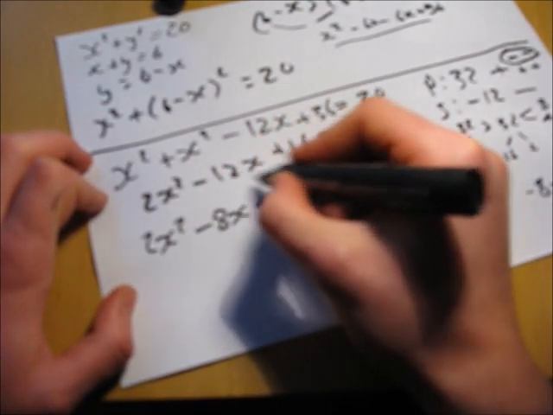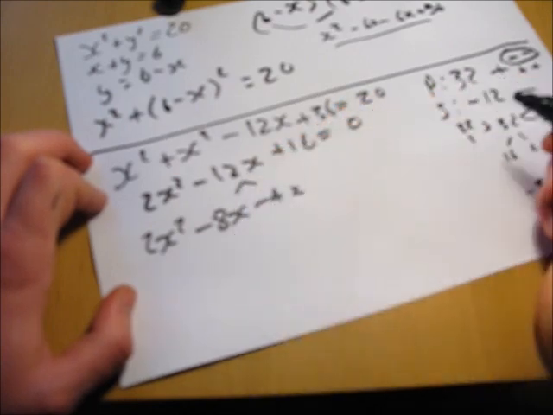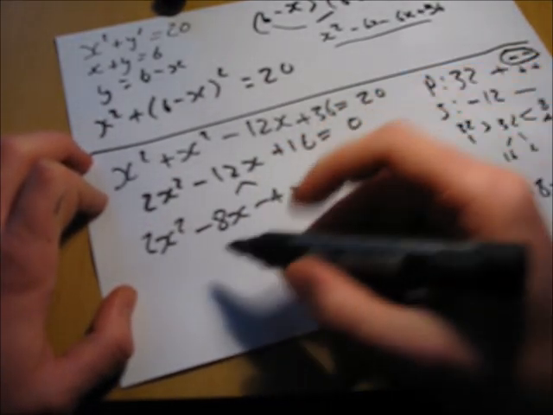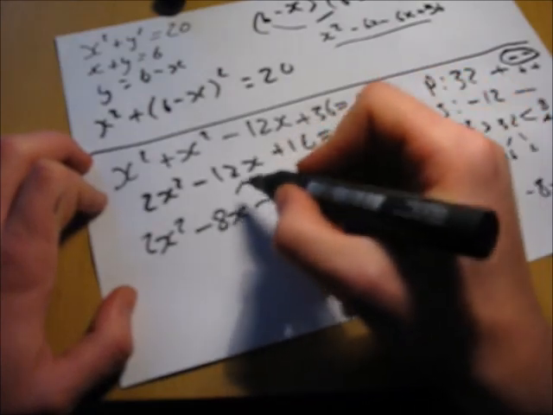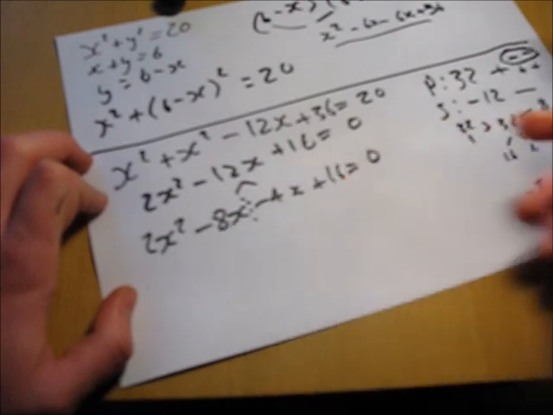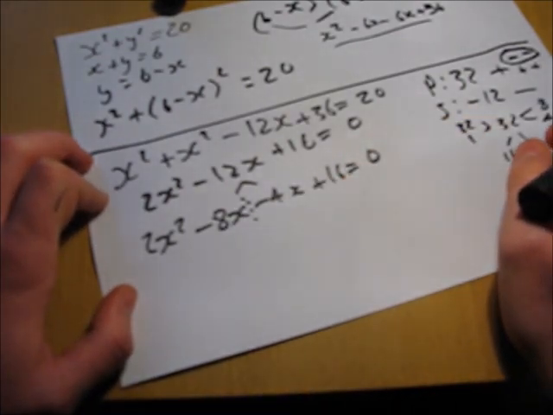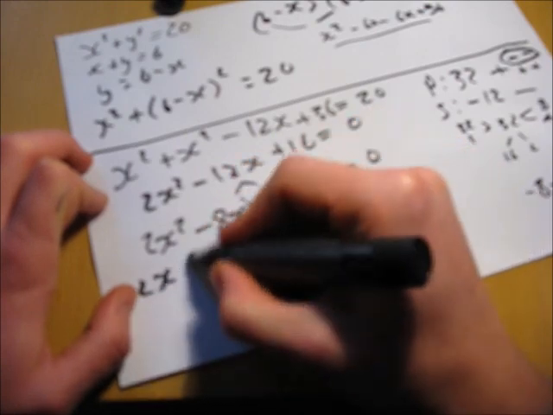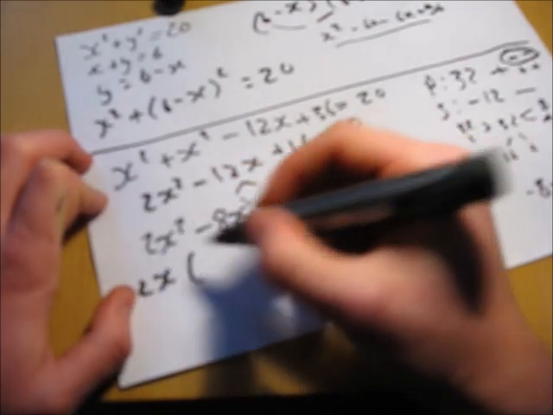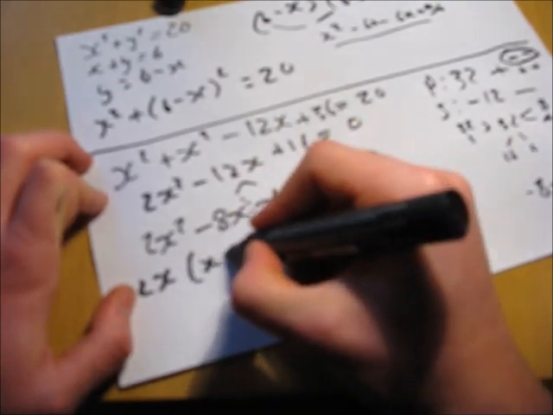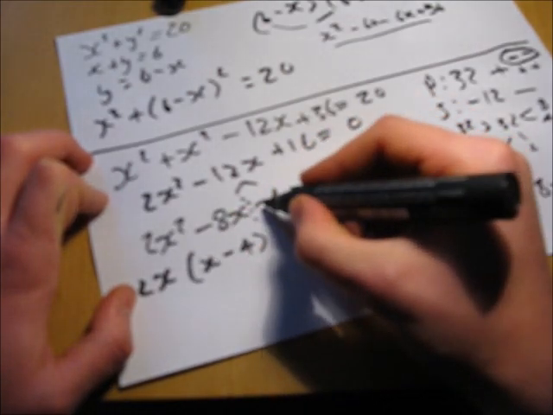You see how we've just broken the 12x into that and that. Is that clear? Plus 16 equals 0. Now we're going to factorize this. So we're going to break it up into two things and see what the 2x squared and the minus 8x have in common. The answer is 2x, so we're going to put 2x out on its own, and then 2x squared divided by 2x is x, minus 8x divided by 2x is minus 4,